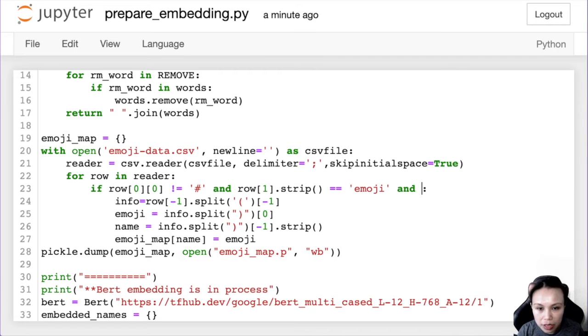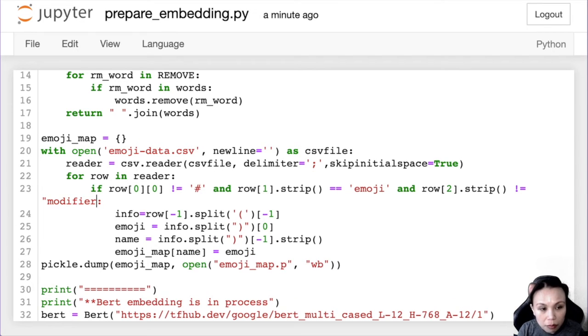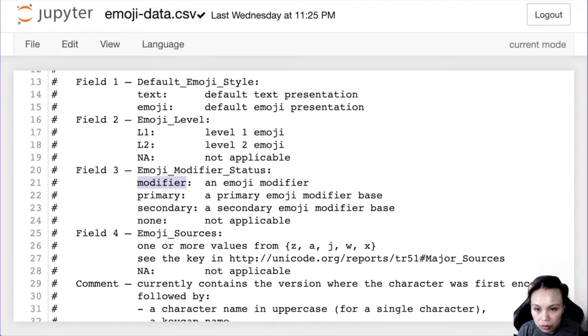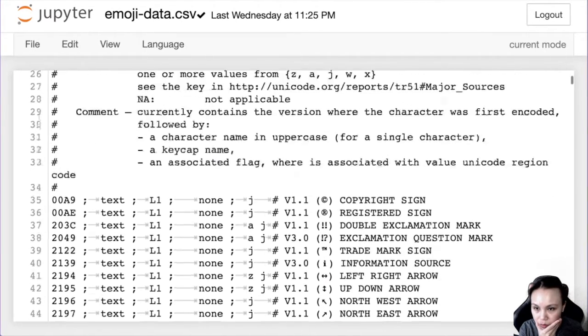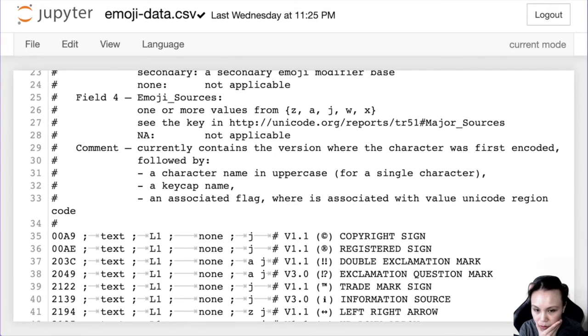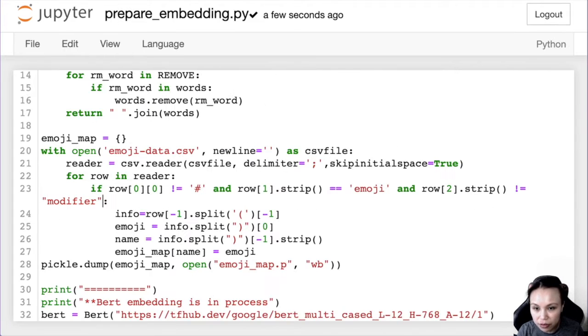So this is the third field. So it's like row 2 dot strip. It's not equal to modifier thing, right? Because row 1. What's this emoji? Oh, so what is the first thing? Oh, the code is the first thing, and then this is emoji. So 0, 1, 2, 3. So actually it's 3. Even if it's the third field, actually it's the fourth field. So yeah, okay, and then